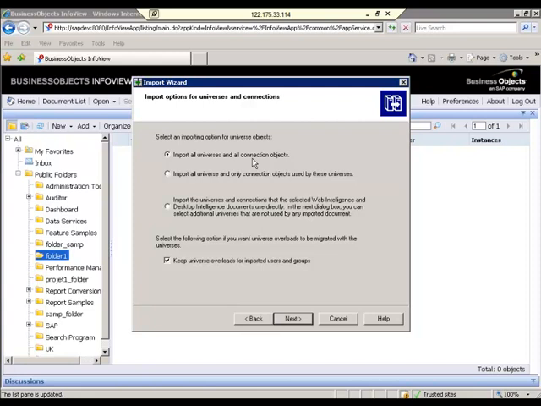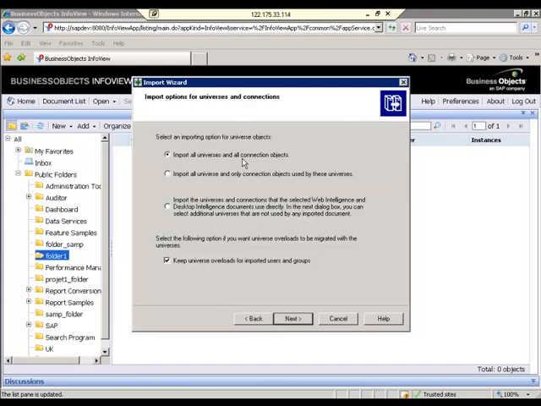If you select the first option, even though you selected only 10 reports, it will migrate all universes. But you required only 2. If you select this option, it will migrate 5. The other 3 are idle universes. You haven't created any report on those 3 of these 10 reports. But if you select this, it will import all 5 universes, with their working connections as well as not working connections.